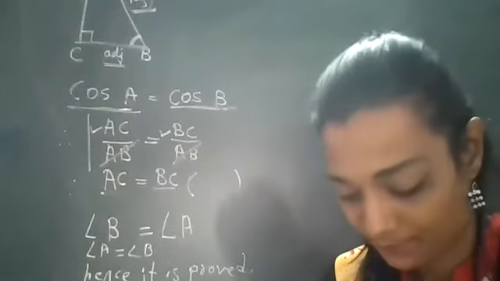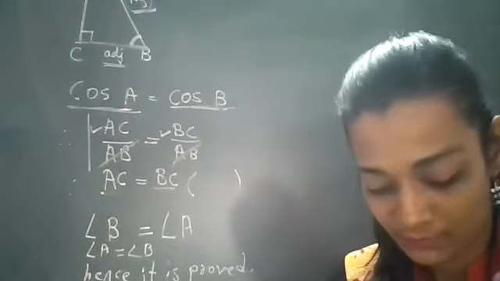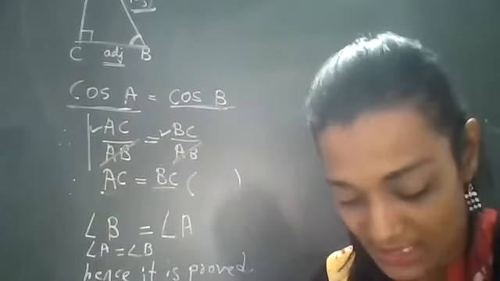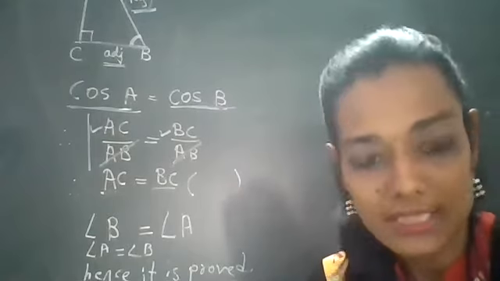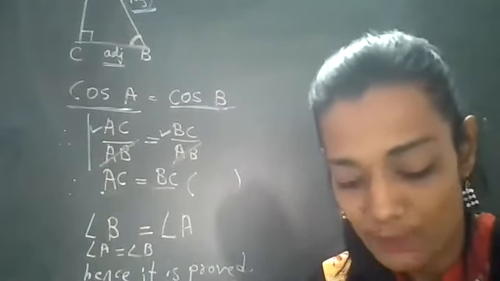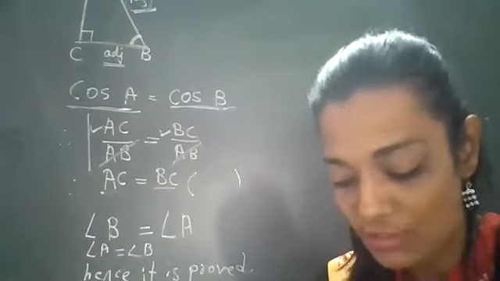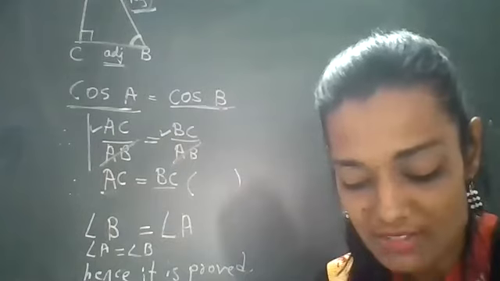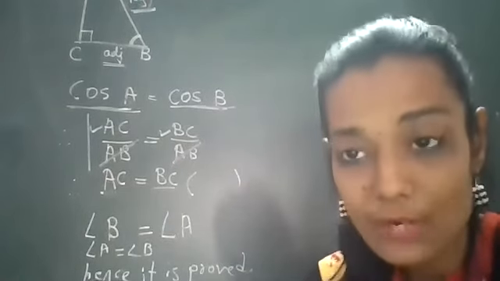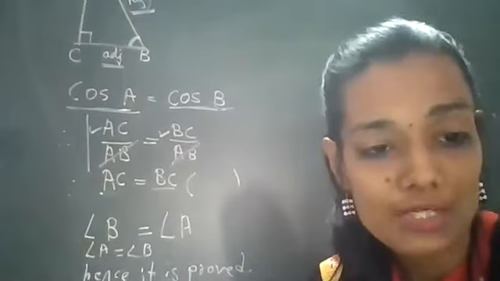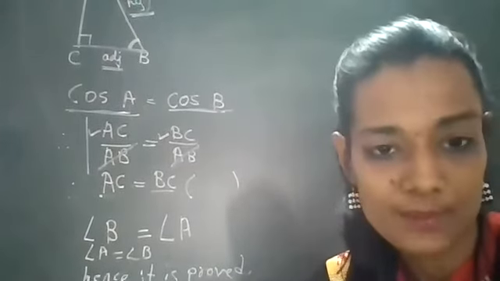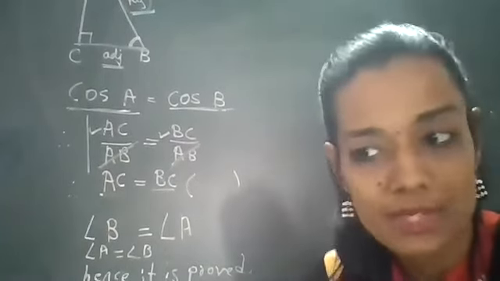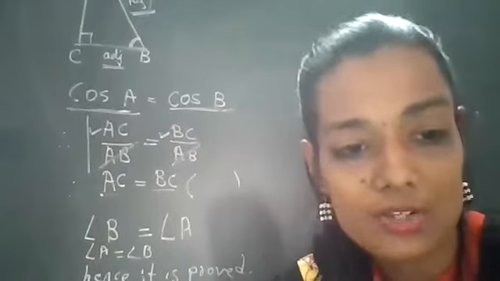Done everyone? Yes, ma'am. So now we are going ahead. That is the seventh question. If cot theta is equal to 7 upon 8, evaluate, which means we have to find the values of this expression. We have been given that cot theta is equal to 7 upon 8. Now students, why do we have to find the hypotenuse here? Because sin theta is involved. In the case of sin theta, we want this hypotenuse value, right? So that's why we have to go for the Pythagoras theorem also.